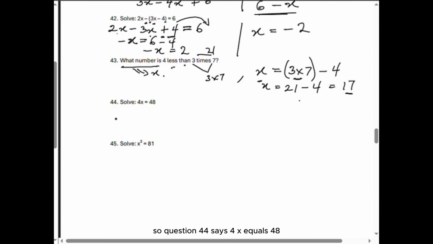So question 44 says 4x equals 48. This is very easy. You can just move this. This is a multiplication sign in between 4 and x, right? Moving it to the other side, we change it towards